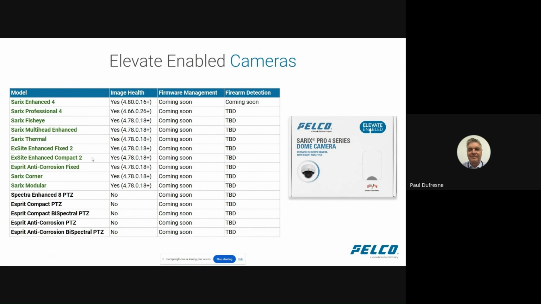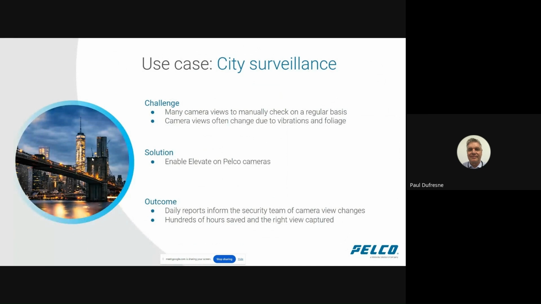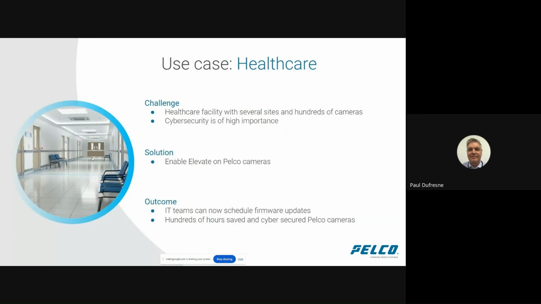Probably be the last time you have to do a firmware update once the firmware management comes around. That gives you the ability to download it, install it, and then once cloud-based firmware management gets enabled this month, you'll be able to do that automatically or schedule that, right? So that's a really nice feature to have, instead of having to download and push everything out. I'm going to skip through some of those